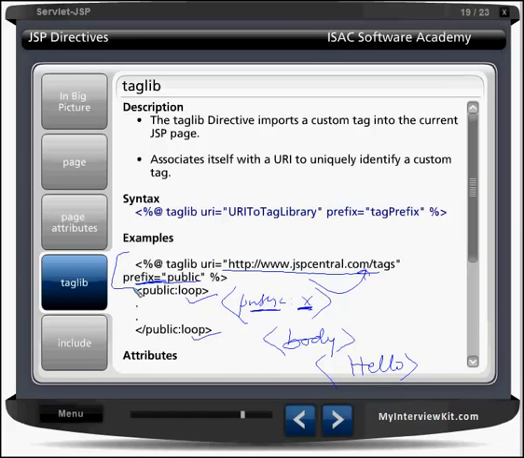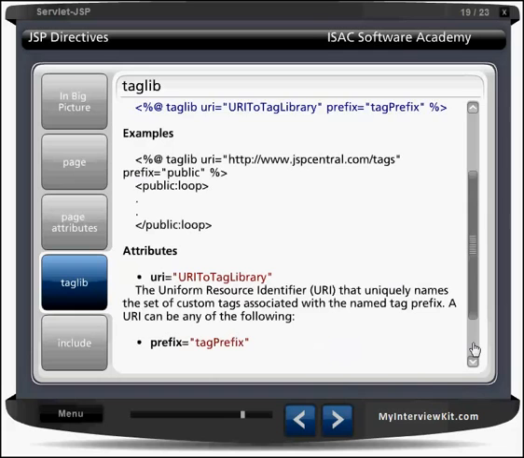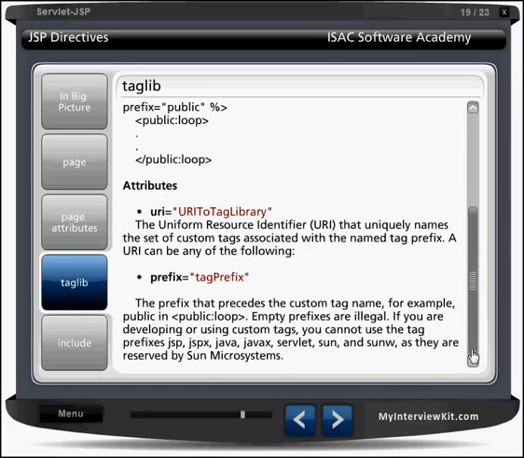So what I'll do is make the hello tag a custom tag. Then I'll write this line and set the prefix s. So I'll write s colon hello, right? S colon hello will refer that hello is a custom tag. This is the normal tag of HTML, and this is my custom tag. So that is the work of the prefix here. So URI and prefix. I hope you understood this.